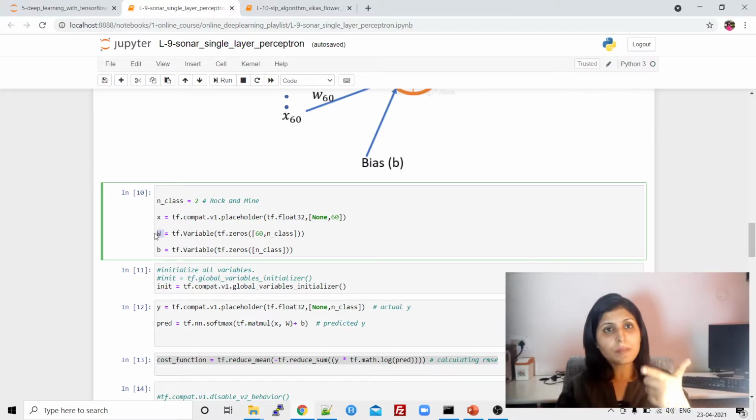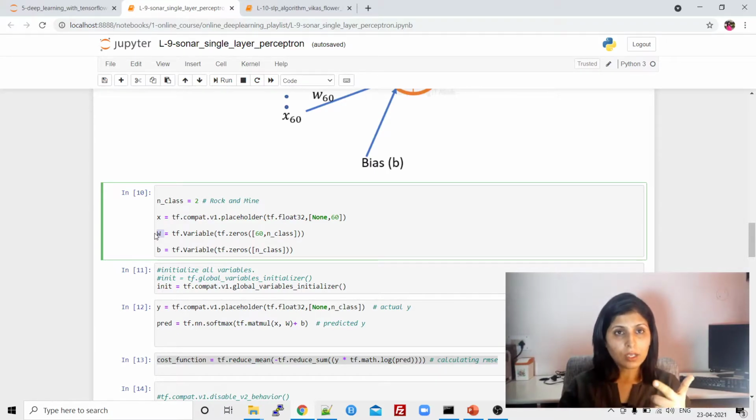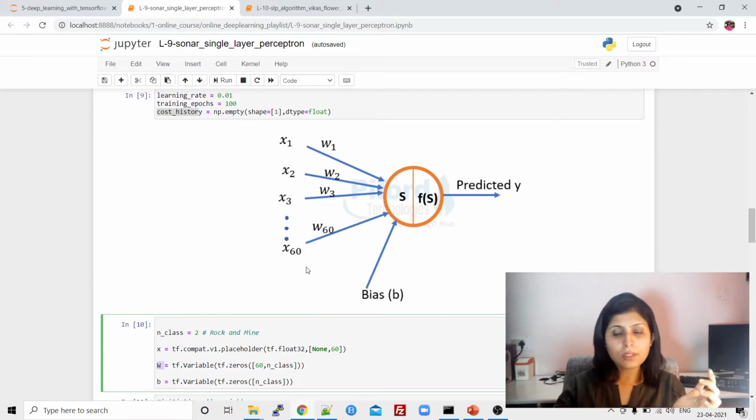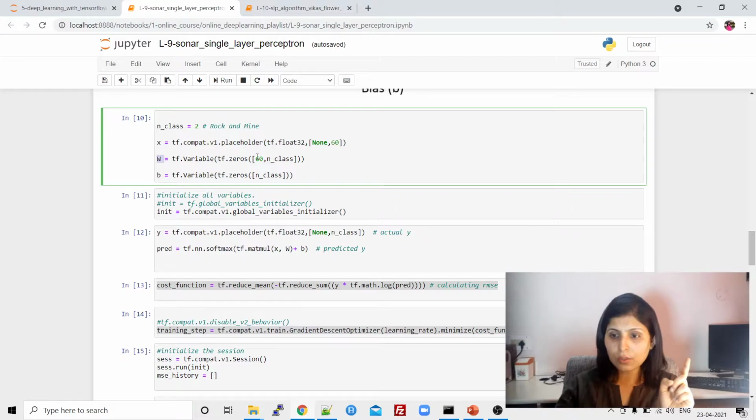Weights always depend upon the number of inputs, right? If you have 60 input values, then you need 60 different weight values, right? One weight value for every input. So that's clear over here that we need 60 weight values, and then n classes.